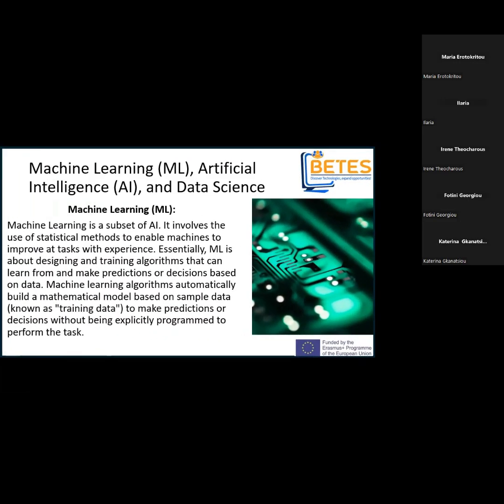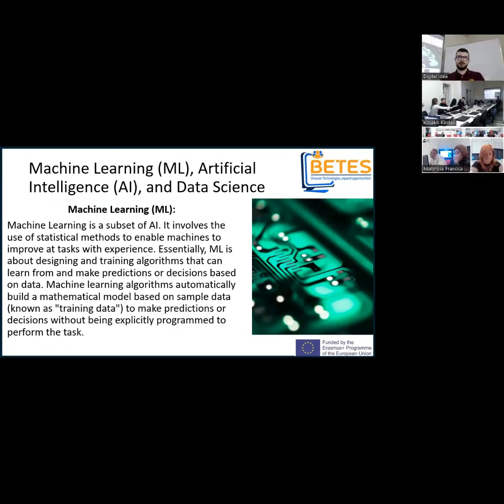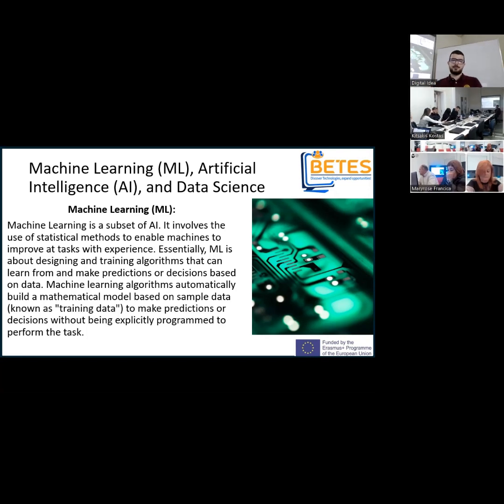Now, machine learning, or ML, is a subset of artificial intelligence, included in that field. It involves the use of statistical methods to enable machines to improve at a task with experience. What this means is that with machine learning, instead of the traditional way of programming, where the programmer must write every possible if condition to do a certain action, if-then, in machine learning this isn't necessary.